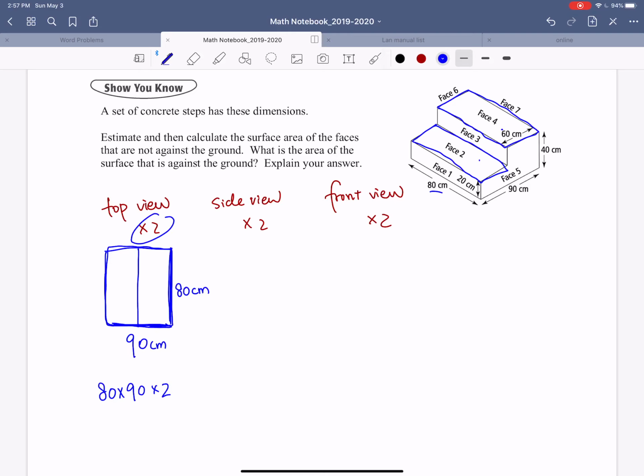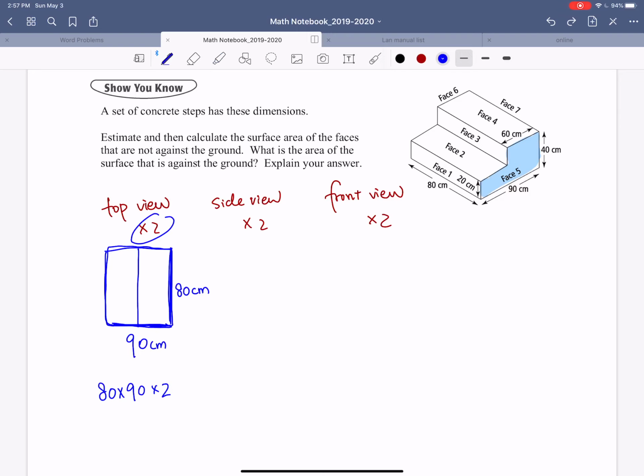So side view, the side is basically face 5 and face 6 in this diagram here. I'm going to highlight it. So face 5, that's the side, and face 6 there on the other side. We cannot see it, okay? Basically face 5 times 2. So face 5 would be